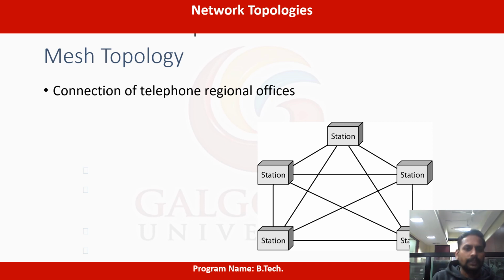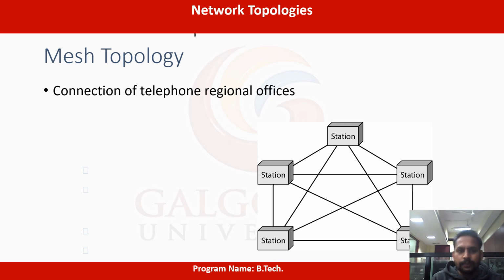The first one is mesh topology. You see here, each and every station is one device. It may be a computer, a node, or a server system, and you can see all the systems have links to connect to the other systems, right? So each and every system has connectivity links to the other systems. What will happen here if any link fails? It won't affect any other system's communication, because we already have multiple connections. Through other lines the communication will do the data transmission.